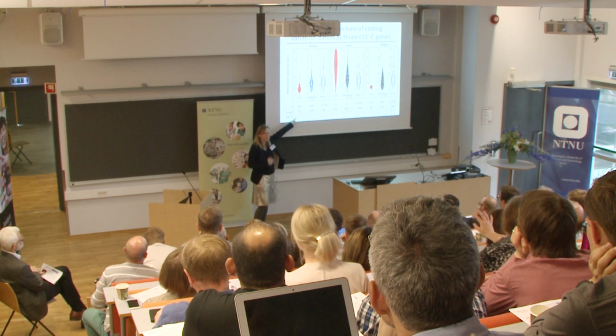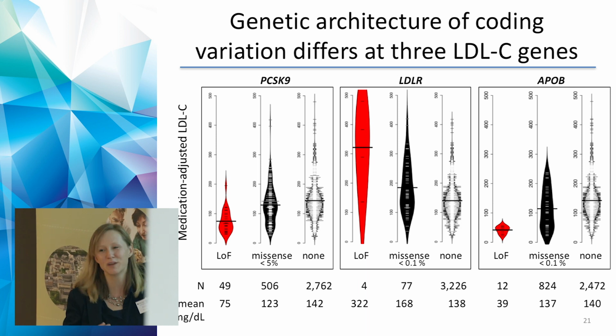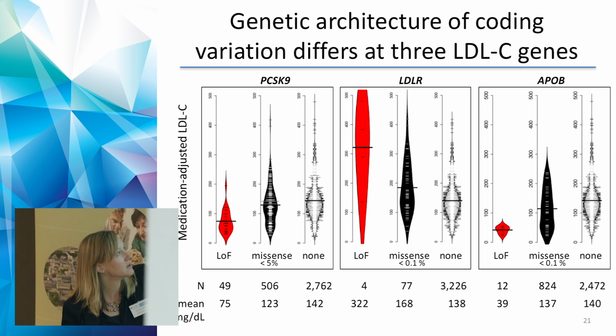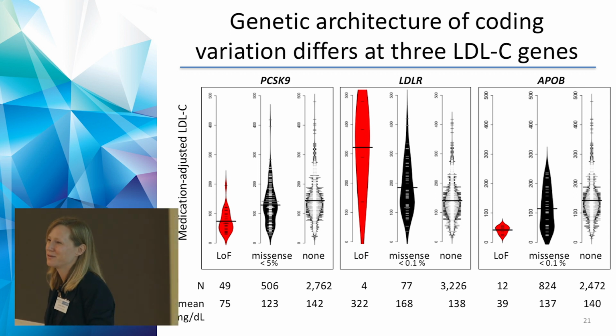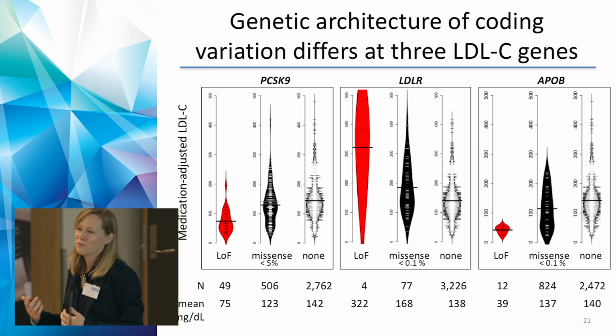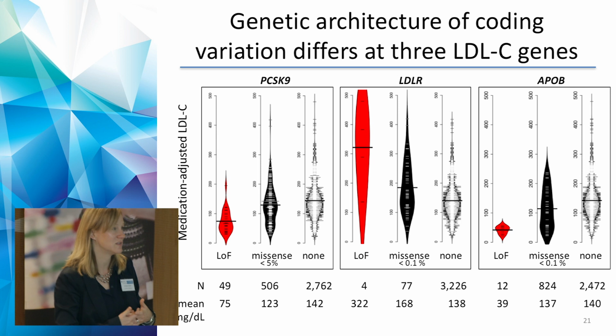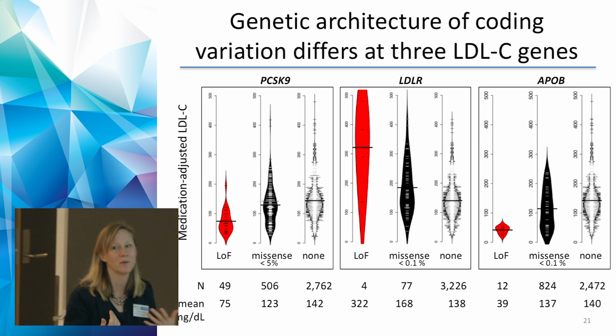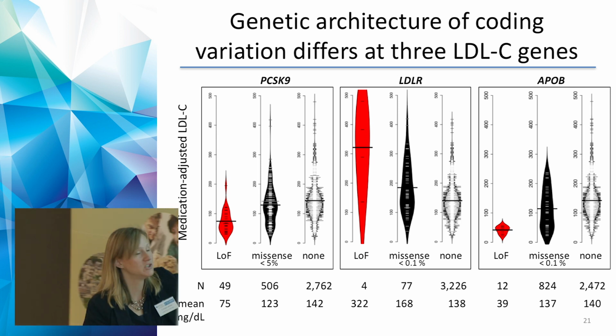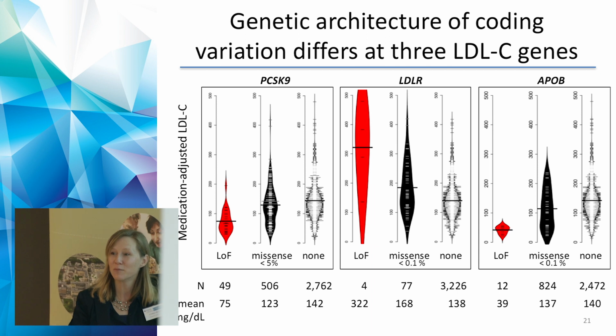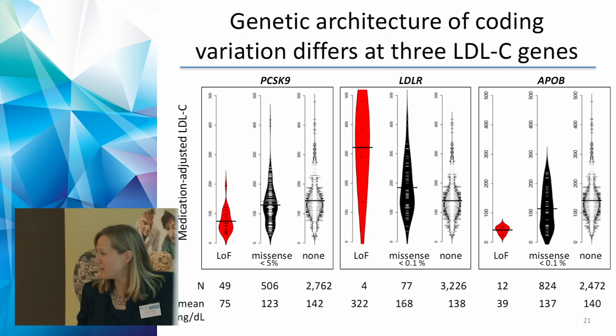People who have a natural broken copy of PCSK9, a protein involved in recycling the LDL receptor, have naturally low LDL cholesterol levels, and you're protected from getting heart attack. So this is a beautiful example of really what we hope to find from genetics: a gene that, when broken, protects you from disease, and that we can